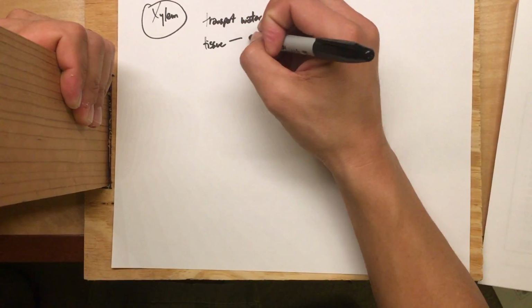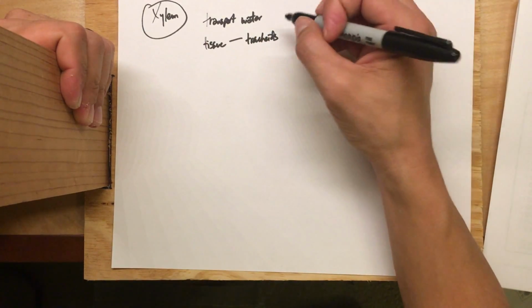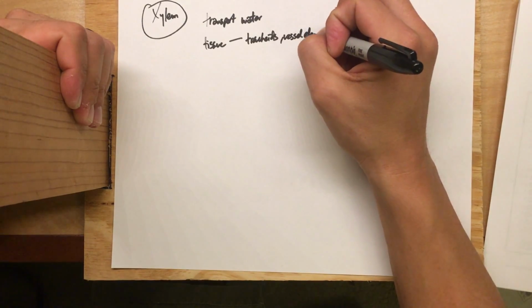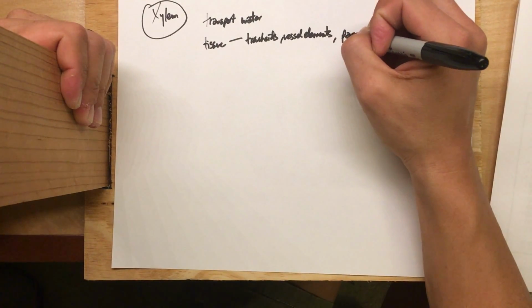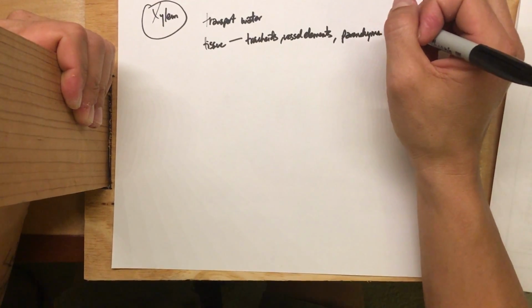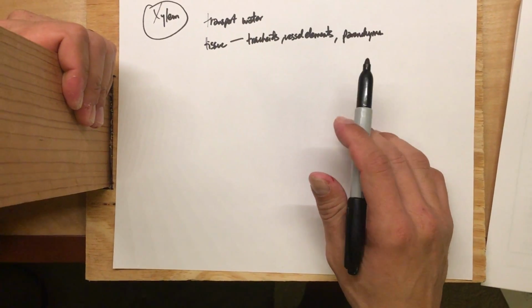Included in xylem can be tracheids, which are the most narrow of the types of cells that move water. It could also be vessels, vessel elements. They also move water, but they're much more wide. And it also can include parenchyma, which again, remember, are just those soft, pretty standard issue, round looking cells. And so xylem includes at least 3 different cell types, and they all work in moving water up the stem